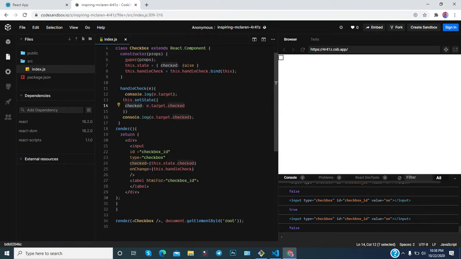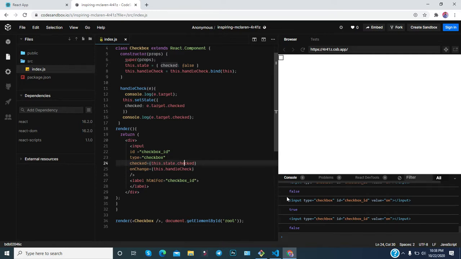As you can see, this is a state object, and initially it will be false, but after you check or uncheck, in the onChange method you are getting the targeted checked value. The checked value may be true or false, and you are updating the state with it.